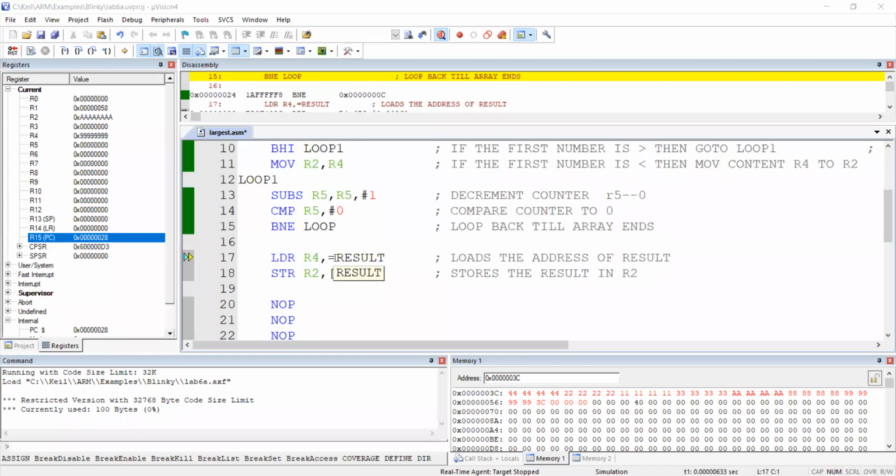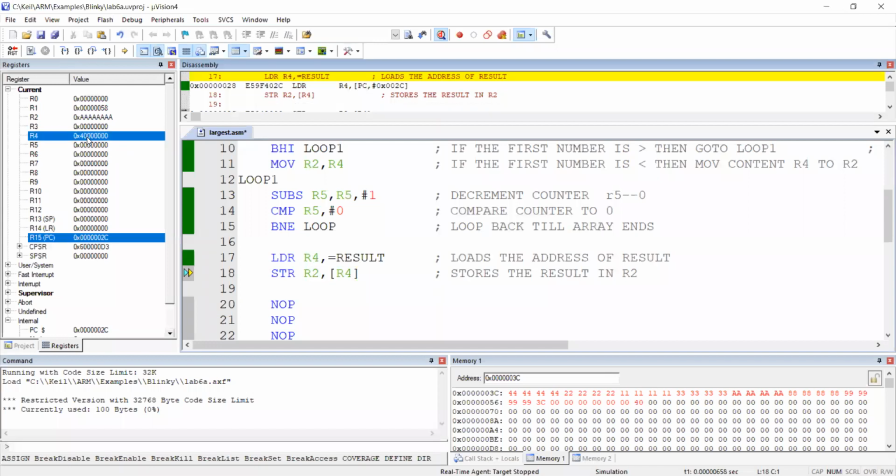Now, if I execute, I have to pause. I have to discuss: what is R4? R4 is 9. I can lose the data there because I have got the answer in R2. Please remember that. Now, you can use R6 or R7, which are free. Now I will get the value. Can you see the new result? Address of result, that's a 4 with 7 zeros.